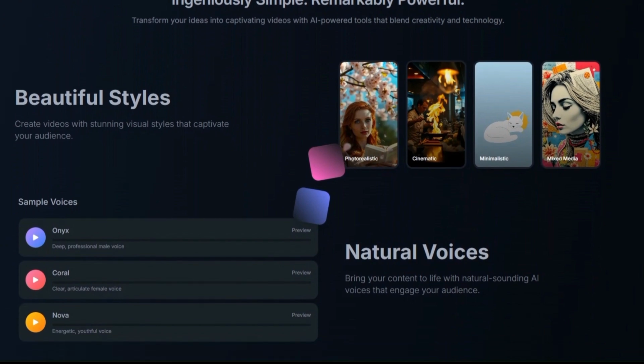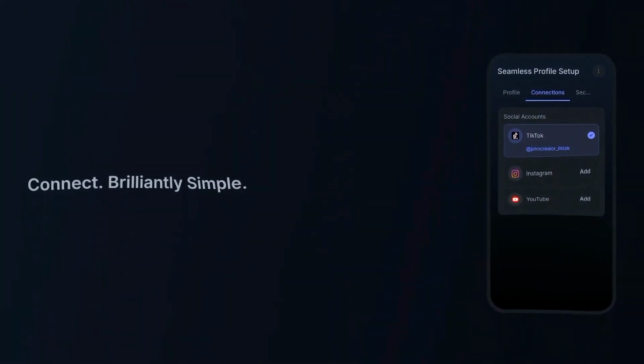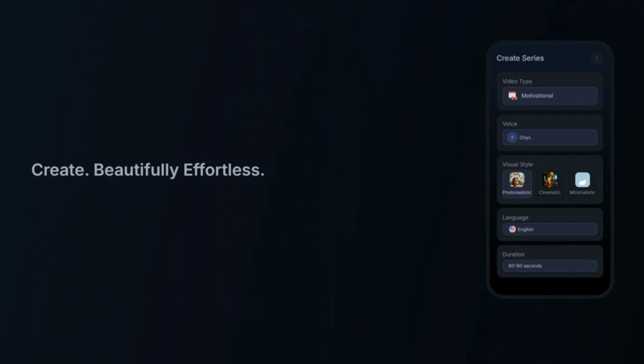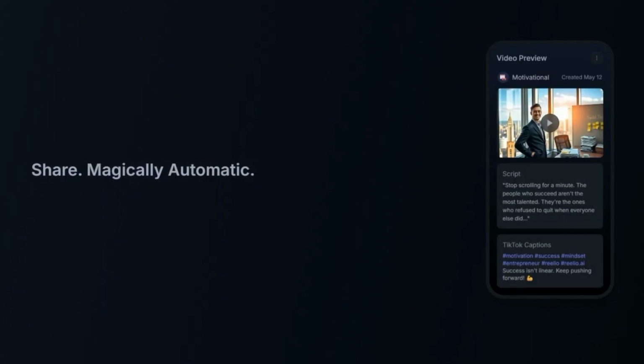You give it a topic and it gives you a fully generated, faceless, short-form video, complete with visuals, voiceover, captions, and even automatic posting. Sounds too good to be true? I thought so too, which is why I tested it. And in this video, I'll show you what I found, how it works, and whether it's actually worth your time